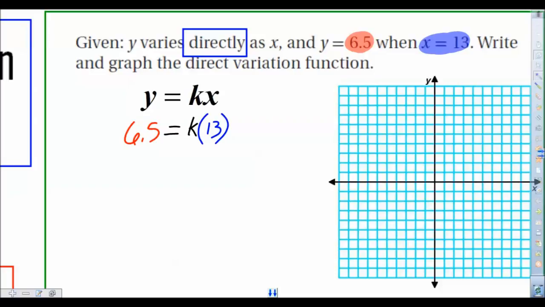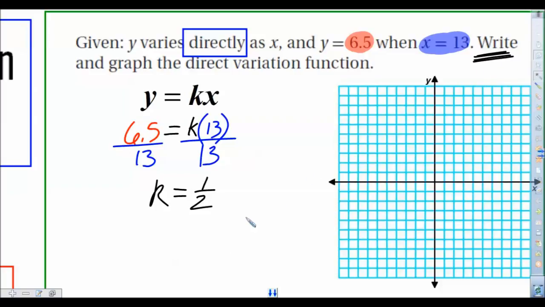Your first job here is to solve for k. This becomes an algebra problem where all we have to do to solve for k is just divide both sides by 13. And so now we arrive at our k value here, 6.5 divided by 13. Last time I checked, that is 1/2. So now we can write